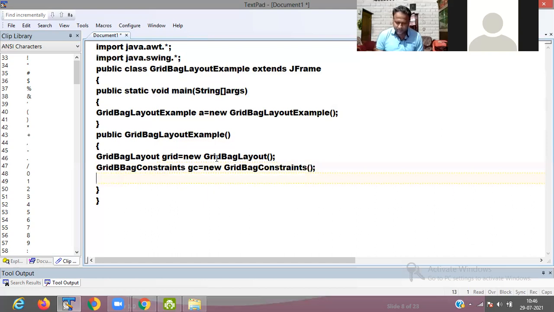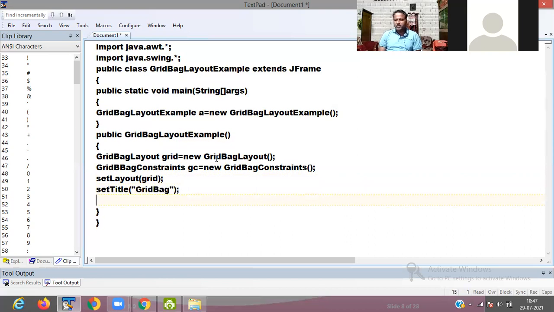Then we are passing setLayout, and here we pass grid. So we are passing the layout. Then we pass setTitle; the frame title name is grid bag.